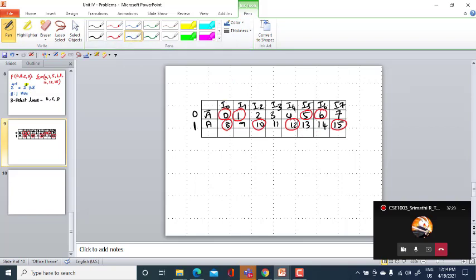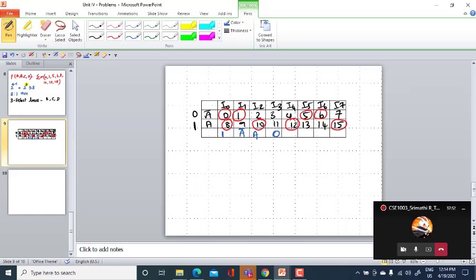In I0, both the things are encircled. If both are encircled, I have to connect 1 to the I0. If only one is encircled, I have to look at which is encircled. Here it is A bar, so A bar has to be given to the input. And here, which is encircled, A, so A has to be given to I2. And if none of them is encircled, I have to give 0.